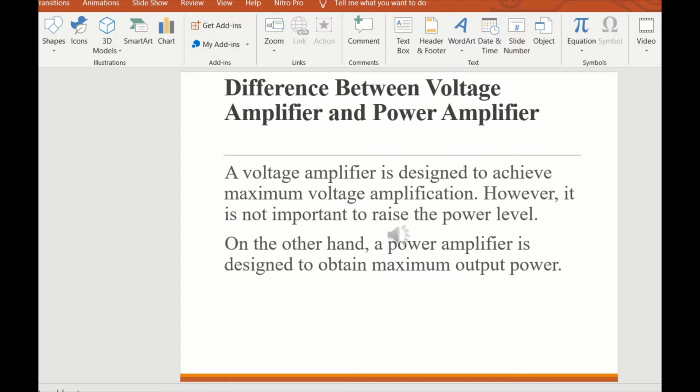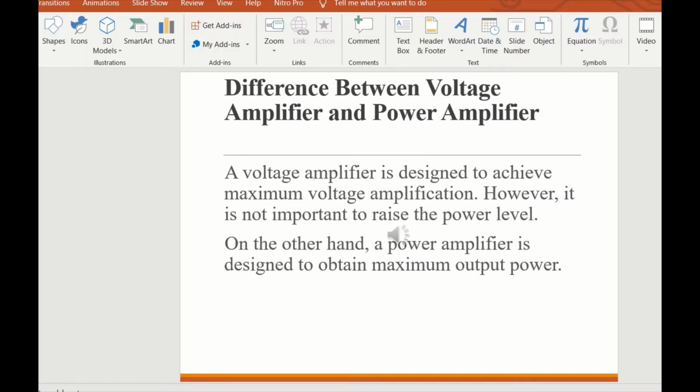Till now, in the last class, you have done your voltage amplifier. In the voltage amplifier, basically whenever any input signal is applied, depending on the gain the output signal is amplified. Suppose you have a gain of 10 and the input signal is 1 millivolt, so you were getting a 10 millivolt signal at the output. So that was the function of voltage amplifier that you have read in your last class.